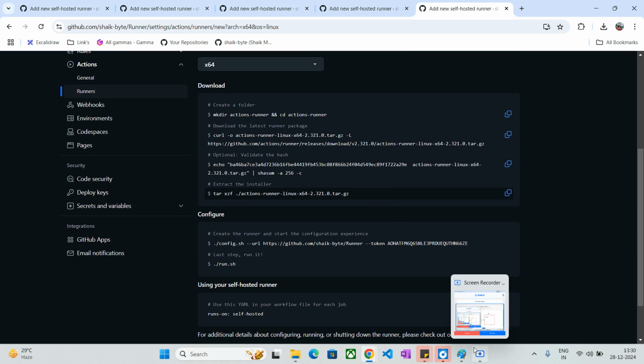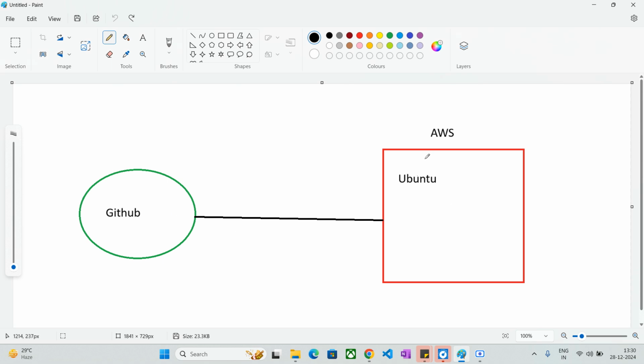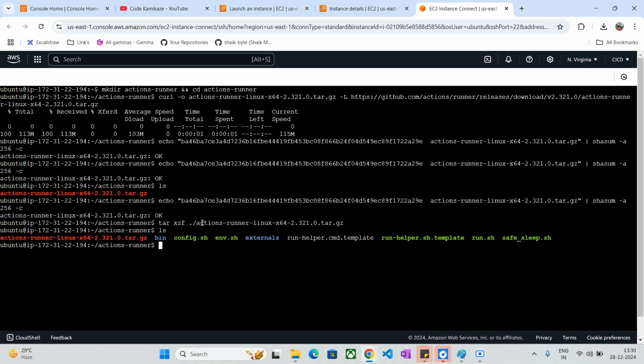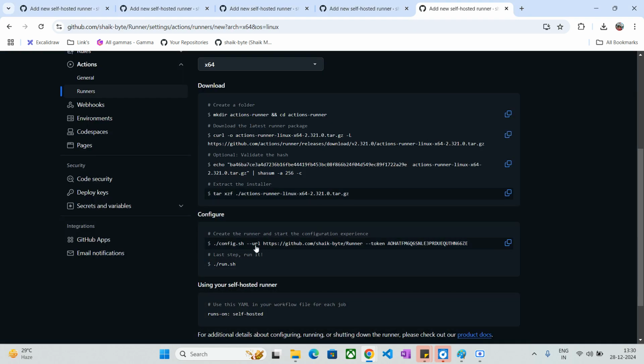Now it's time to configure the connection between our GitHub and this Ubuntu server with the token, based on the repository. If you see this one, we are calling a config.sh file, which resides inside the runner directory that we have just extracted. After that, we are passing the --url option. This is the URL of my repository. And after that, we are connecting with the token. So I have copied everything,